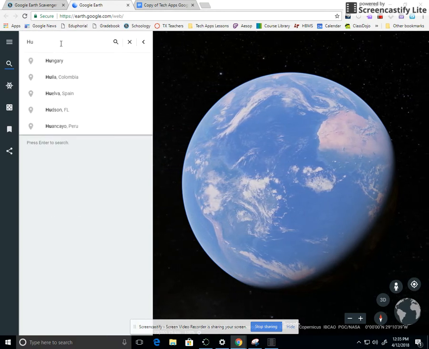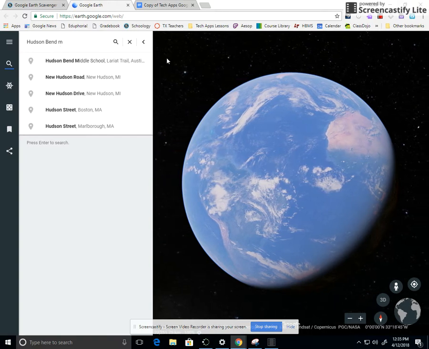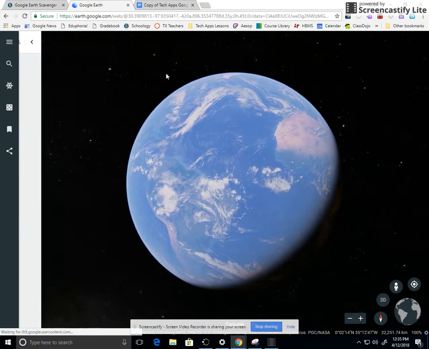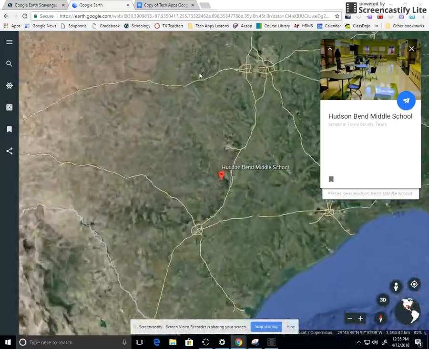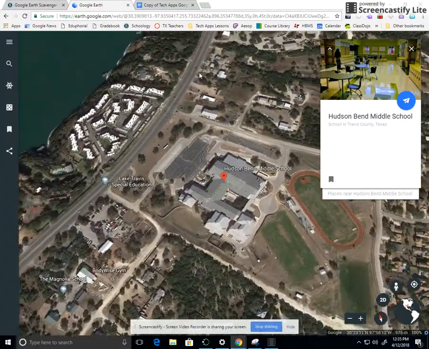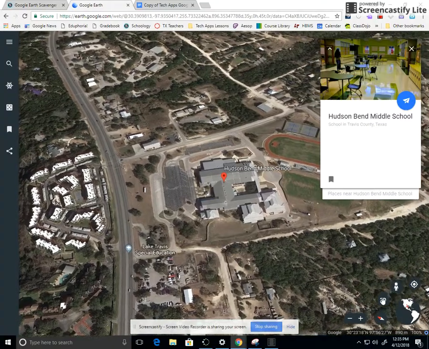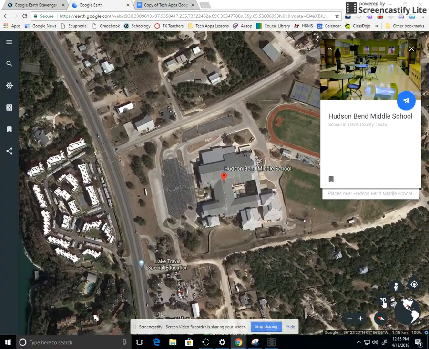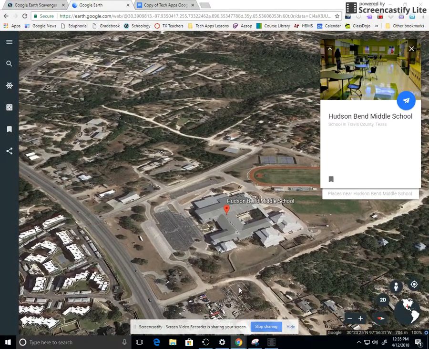and type in Hudson Bend. There it is. And then go ahead and click it. And it'll go straight to Hudson Bend Middle School. And some of the things you can look at have 2D. Or I mean, all of it has 2D. Some of them have 3D as well. This one is 2D, this is 3D. It's not as good of 3D as you can find in some other places, but to do Street View